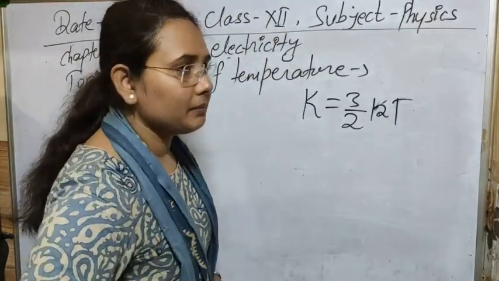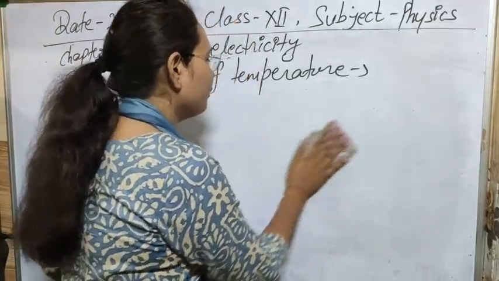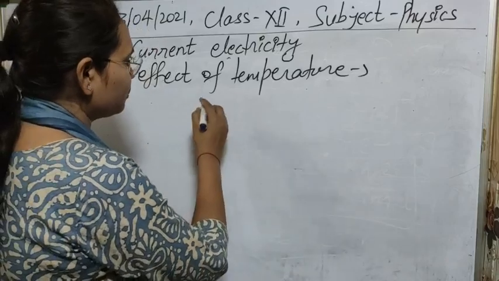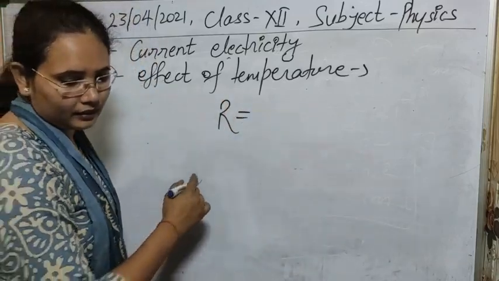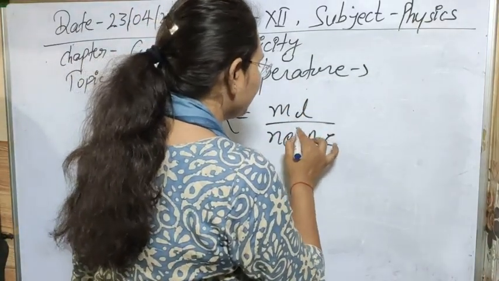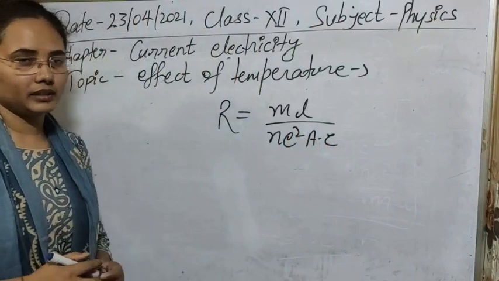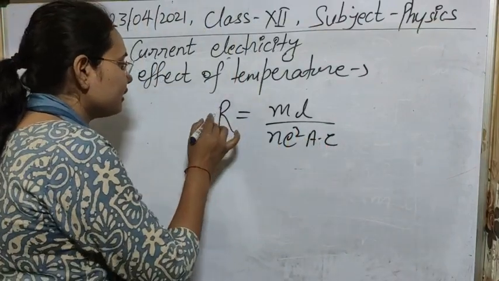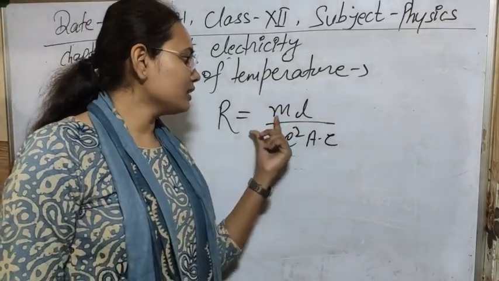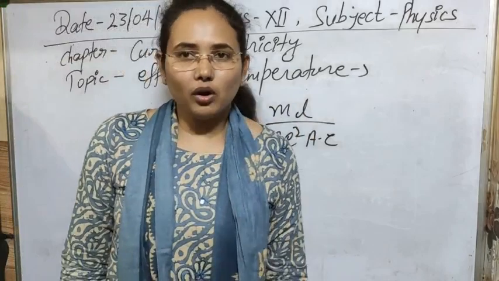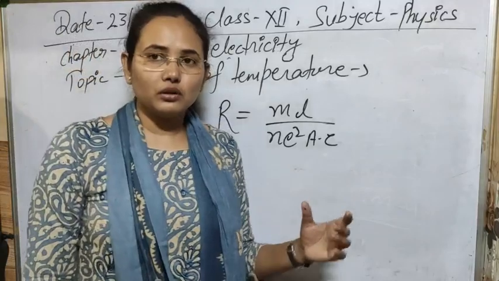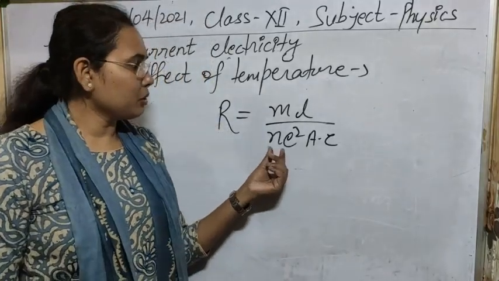We can also understand it by the formula that we have written before. In that formula, I think one term was missing, student. I think you have to correct that also. R is equal to, as we have written there, ml upon ne square A into tau should be here actually. Just write down where we have written it. So if R is equal to this term, then suppose we are not increasing the temperature by a large amount, otherwise the whole system will burn out. To prevent that, we are increasing the temperature by a very small amount.